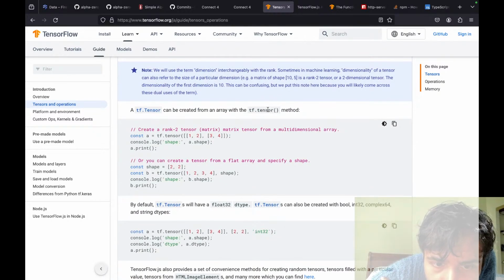The tf.tensor method takes a multi-dimensional array. I really want to see what this print statement actually gives you.